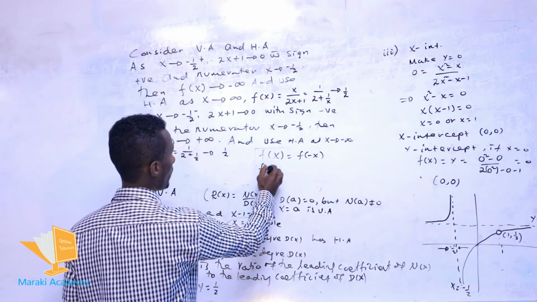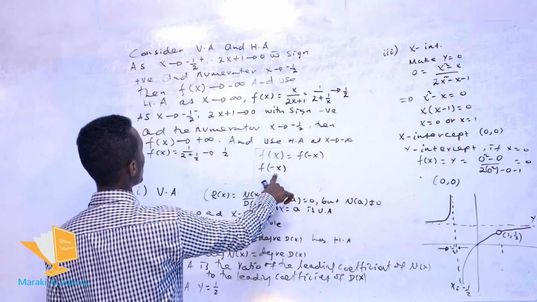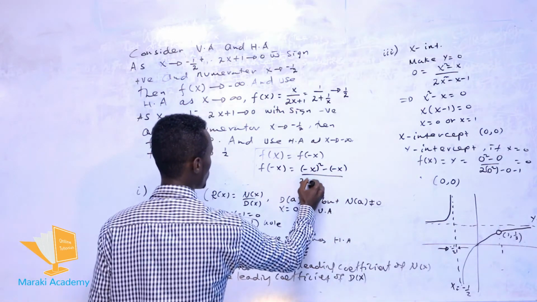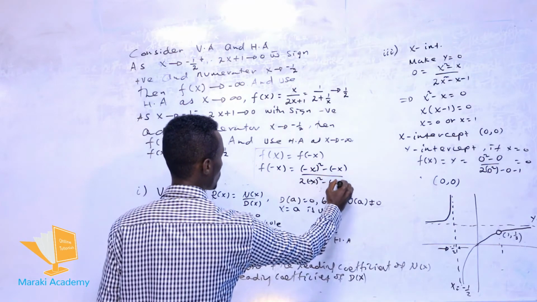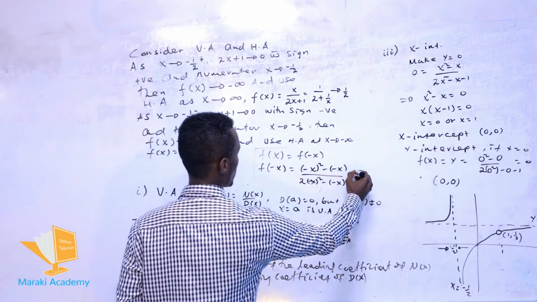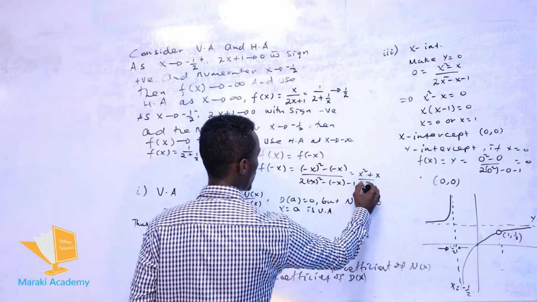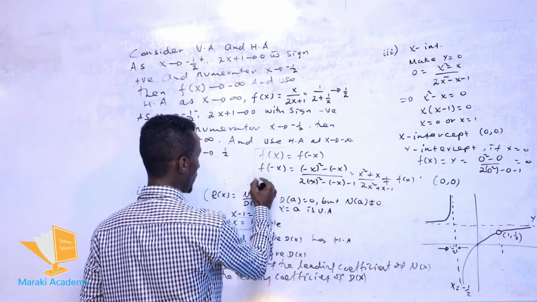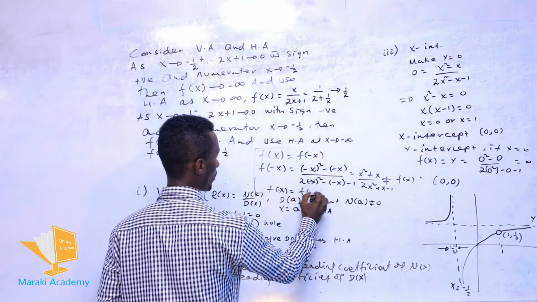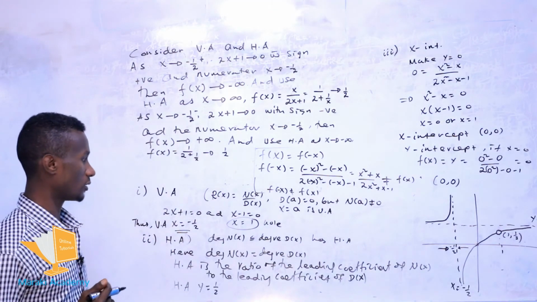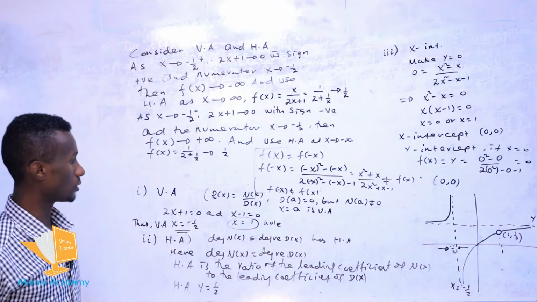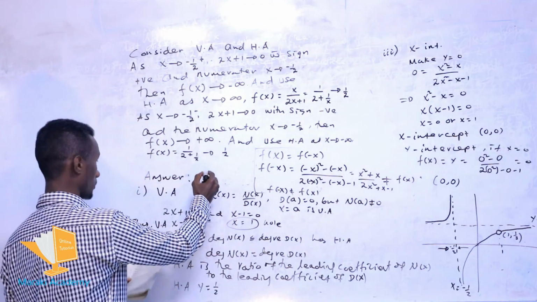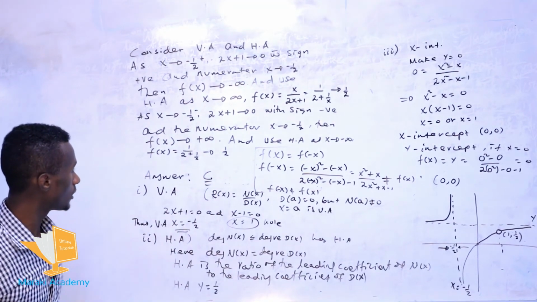ለምሳሌ ይሄንን ፋንክሽናችን even ነው አይደለም የሚለውን ለመለየት f at point minus x ላይ ሰብስቲቱት እናደርገው ፋንክሽናችን x over minus x whole square minus into minus x over 2 into minus x square minus into minus x minus 1 ስለዚህ አሁን ይሄን ሪአሬንጅ ስናደርገው this is x square plus x now over 2x plus x minus 1 አለን this is not the same as the given function f of x ስለዚህ the given function f of x is not equal እኩል አይደሉም ስለዚህ the function is not even function አይደለም so horizontal asymptoteችንም ያው y which is equal to 1/2 ነው ስለዚህ ትክክለኛው መልስ ያለው ነው the answer is c ነው ማለት ትክክለኛው መልስ c ነው